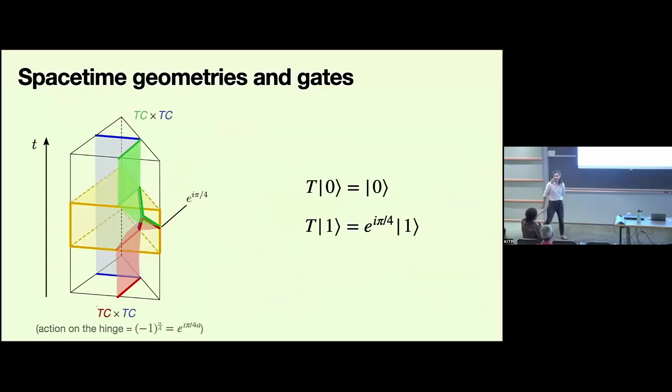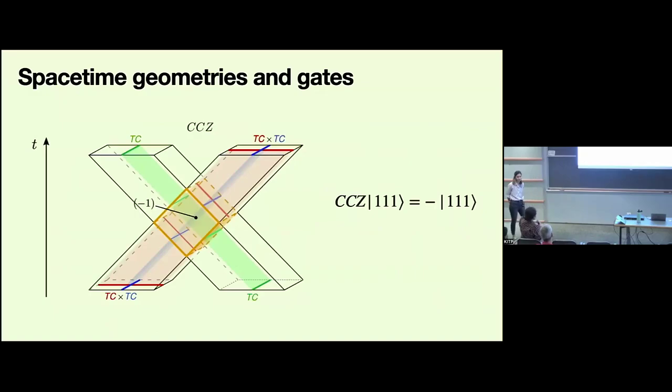Can I ask a question about the picture before, please? So is the domain wall between the toric codes squared, the in and the out, the same? This one and that one are the same. Yeah. But if you were to choose these differently, would you be able to generate other gates? So we will, because there are many choices. We would be able to dress it with some Clifford operations, but that's not as interesting. And that's because it's not really the domain wall that is responsible for this non-trivial action, but the interplay between the green, the red, and the blue. Exactly. It's more like this non-trivial bulk action of the twisted quantum double that you're trying to take advantage of.